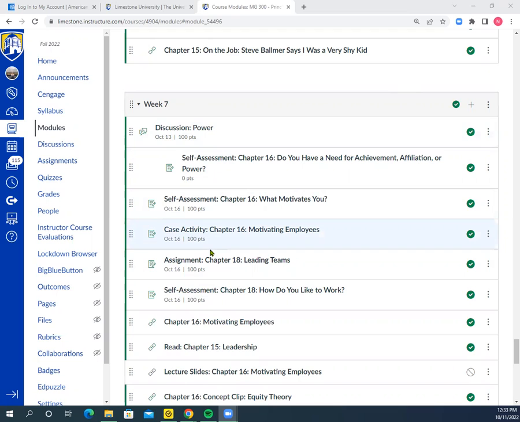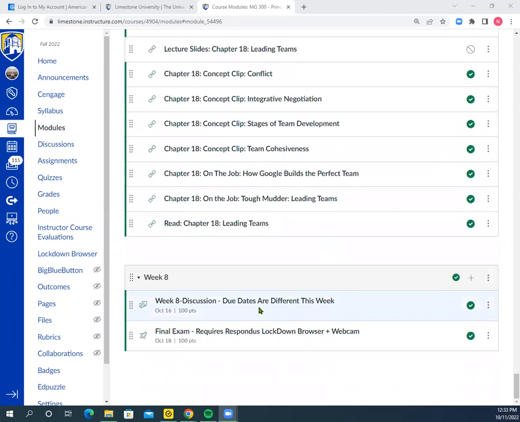So I'll get on to the grading aspect of that. But this is a pretty standard week. We have a discussion on power, a little bit of our usual case activities and those types of things. And then I'm also going to cue in on this discussion for week 8, which is open. Before I do that, I'm going to go into the final exam. The final exam opens on Friday. It'll be open until Tuesday night at midnight. That's the 18th.